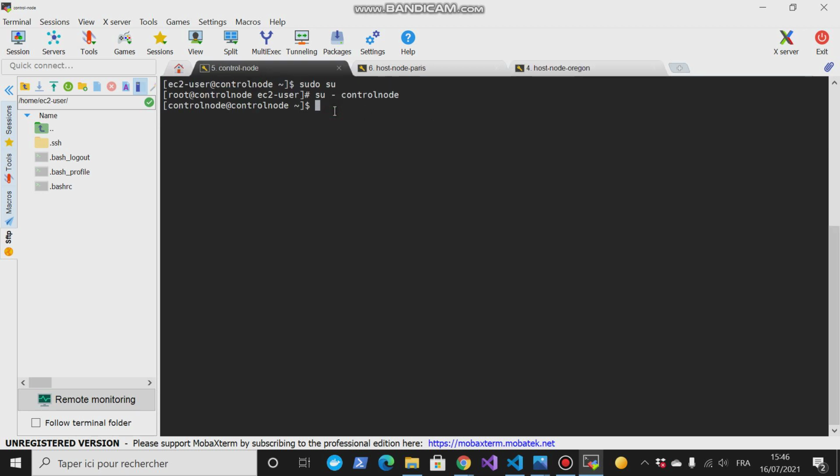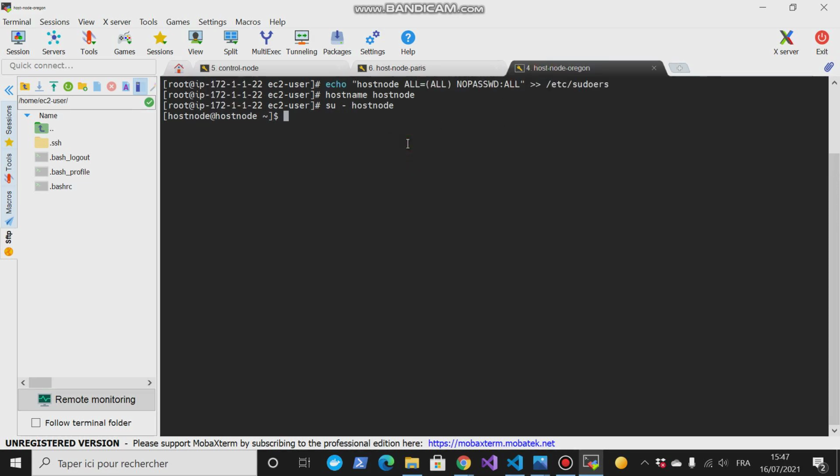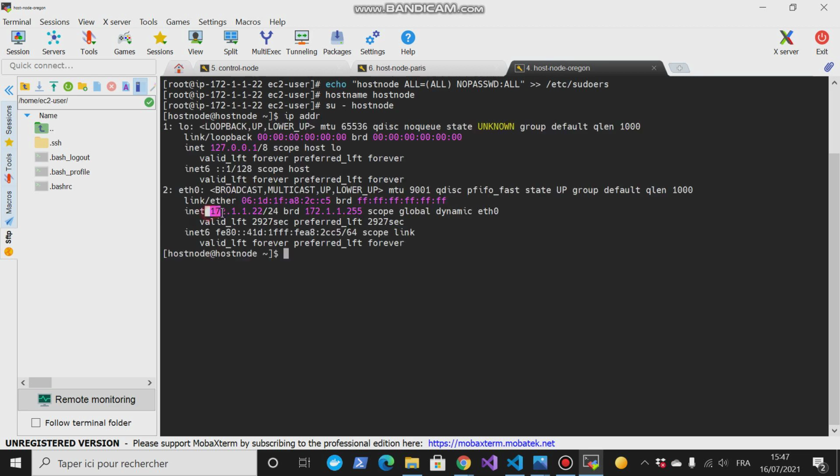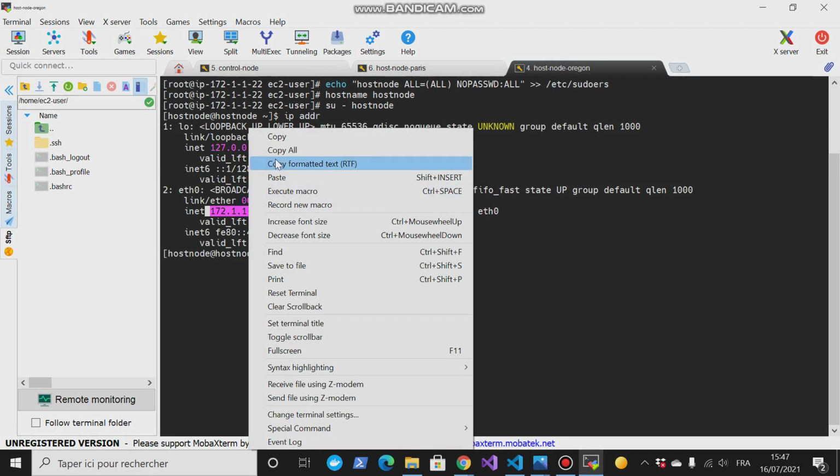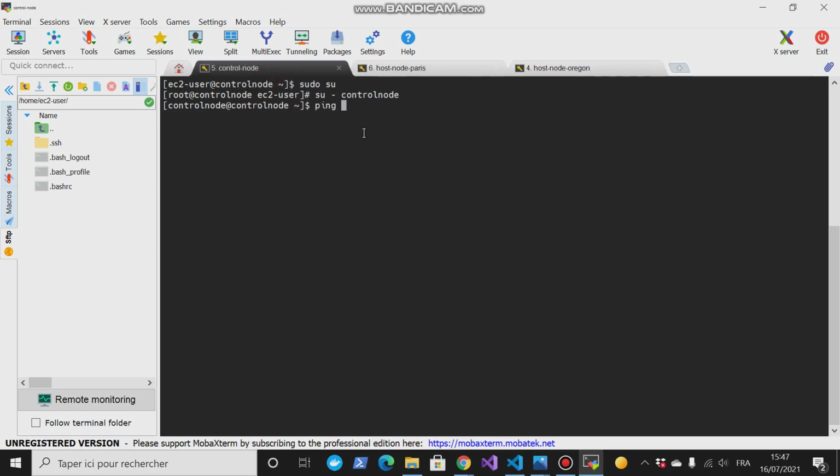The next step is to try to install Ansible first. But let me first try to do something. I will try to ping this EC2 that resides within our VPC in Oregon. So if I try here, say ping it, and here I come back, say IP address, try to ping it, copy here,